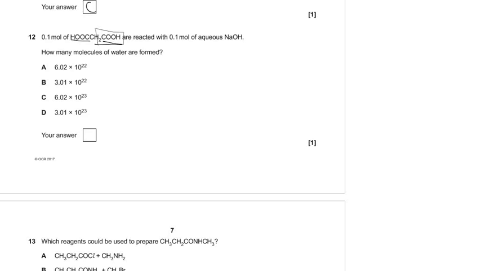So with that in mind, we can determine that the limiting reagent is going to be our sodium hydroxide. So that is limiting. So however many moles of sodium hydroxide we have, that will tell us the moles of water that can be produced. So our moles of sodium hydroxide equal our moles of H2A. Now, if we look at that, we've got 0.1 moles of sodium hydroxide, so we're going to form 0.1 moles of water,